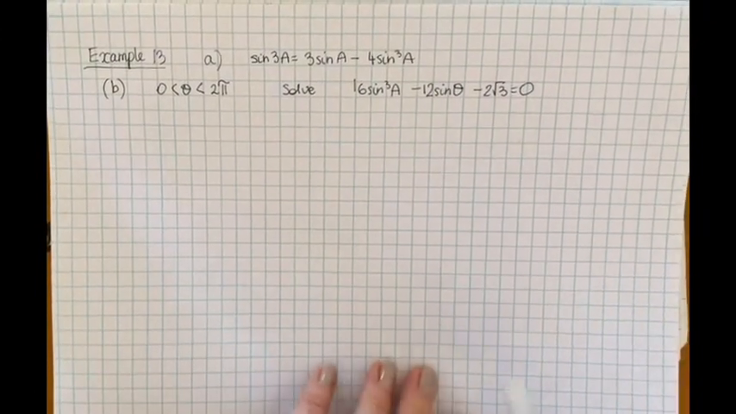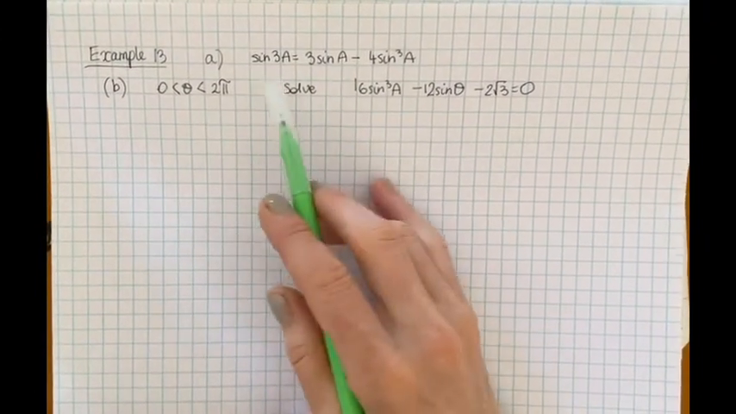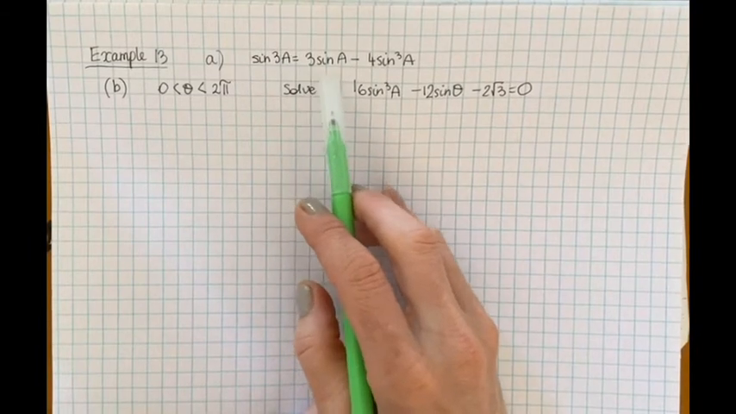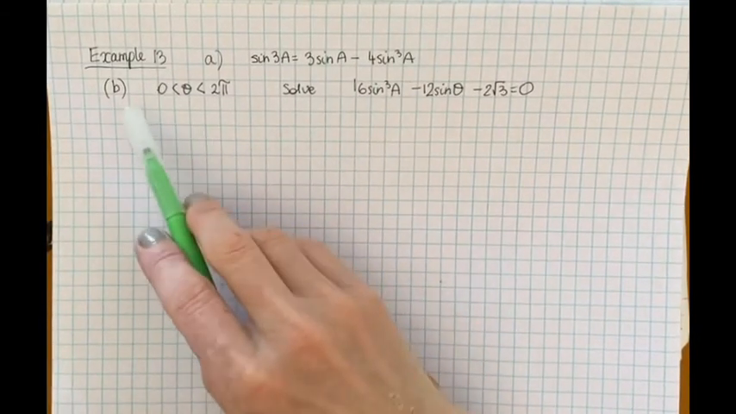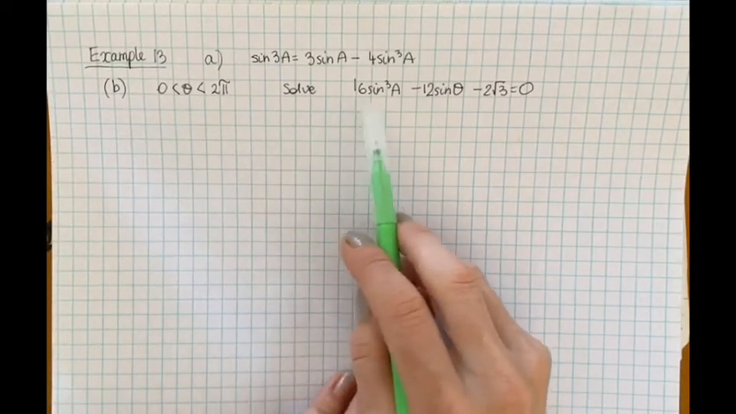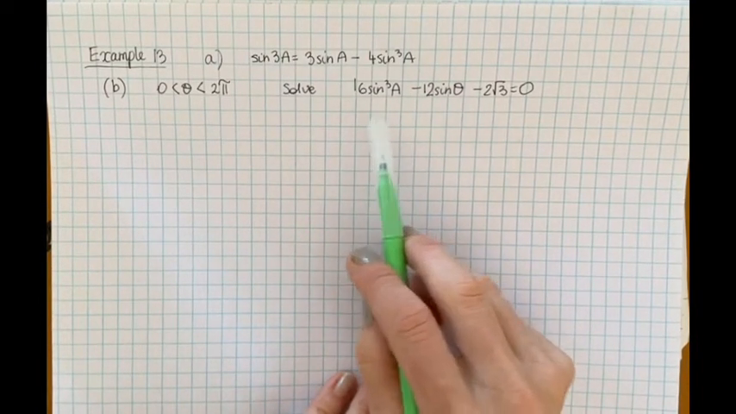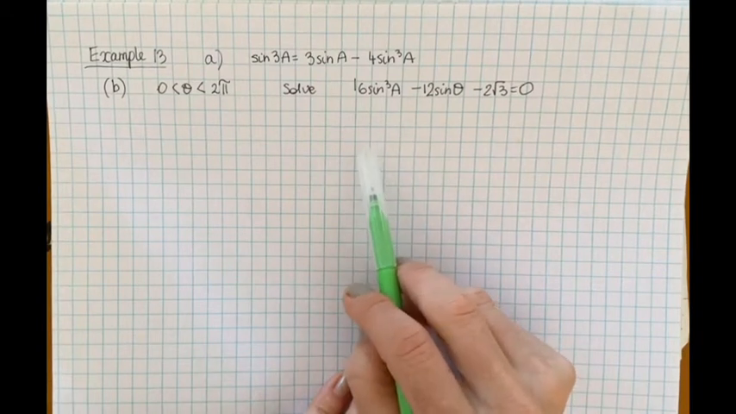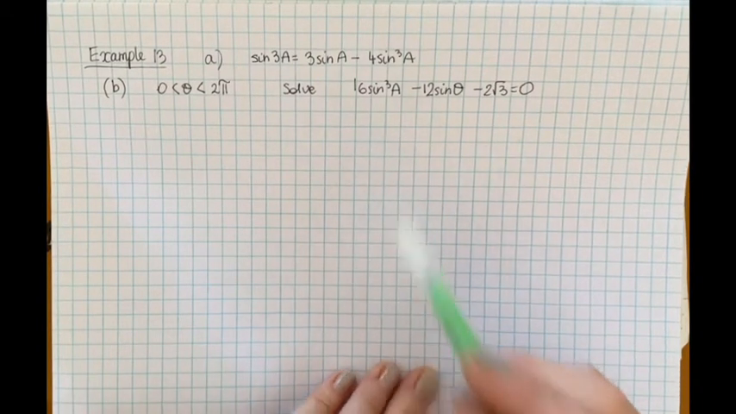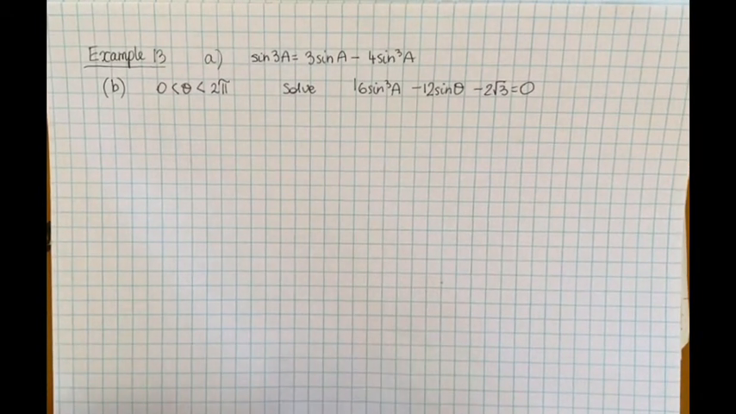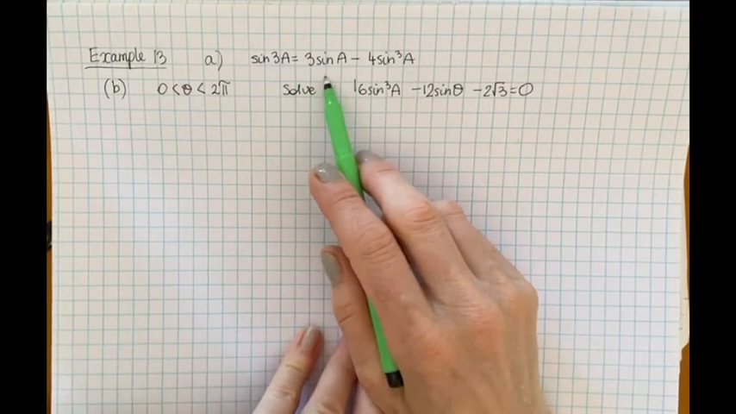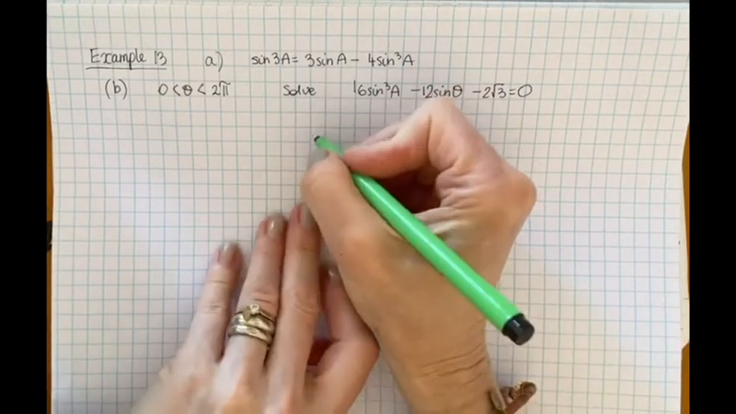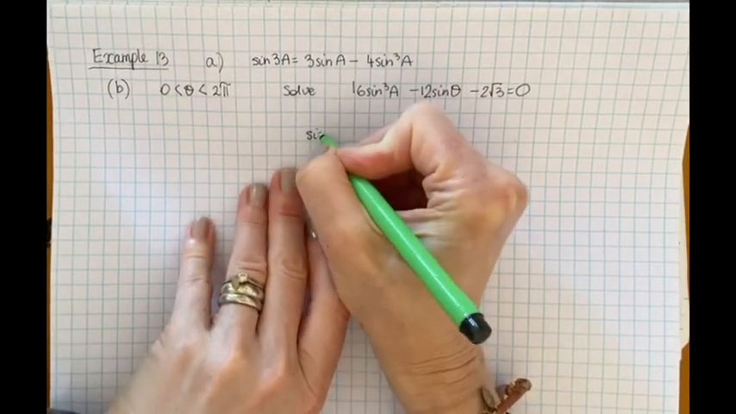Example 13. So we've done part A. We've proven that sine 3A is equal to 3 sine A minus 4 sine cubed A. In part B, we're going to solve the following equation, and we've got to put all the answers in terms of pi. So we're looking for exact solutions. So we are going to use this result. So what you could do, you can just see